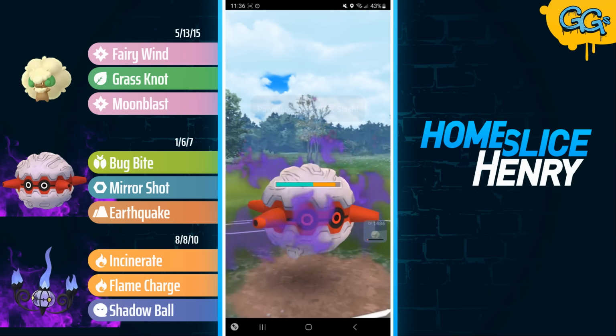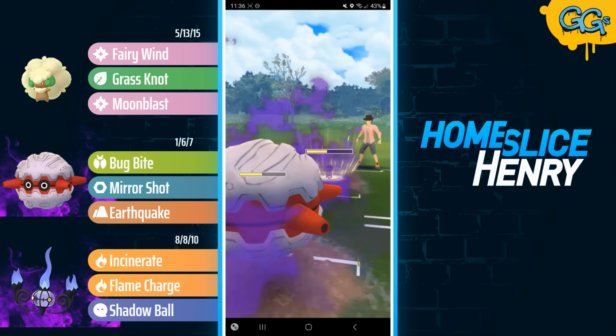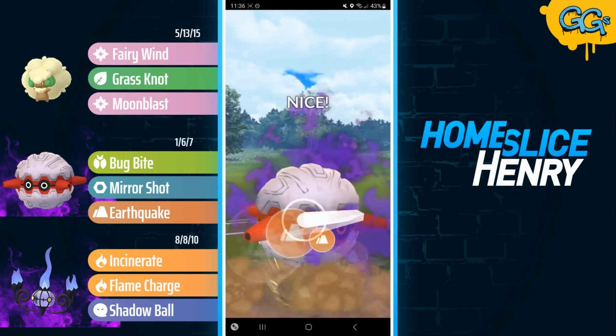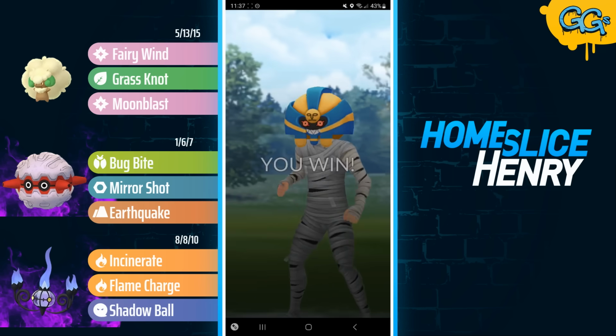Unfortunately for my opponent, losing the 2 X-Scissors worth of energy means that the Pawniard is now in an unwinnable position in the endgame because I still have a shield remaining. If my opponent got the boost on the first, I could shield the second, but since they didn't, I'm going to be able to tank the second, make the